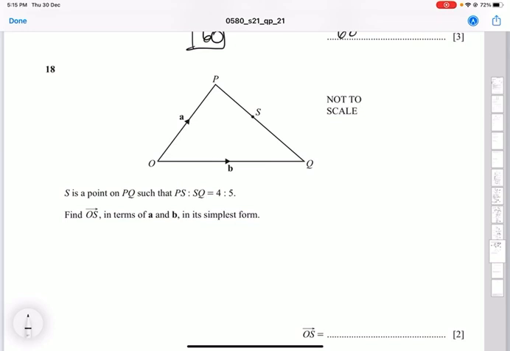Now let's look at question 18. Now this is about vectors. It says here S is a point on PQ such that PS on SQ is 4 to 5. So meaning that PS is smaller than SQ, right? So this length here is 4 on 9 PQ, 4 plus 5. And SQ is 5 on 9 PQ. Okay, this length is smaller than that length. So to find OS,